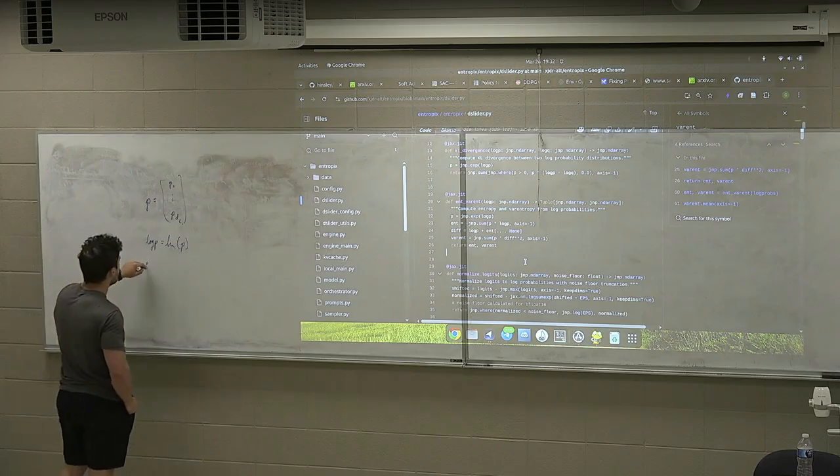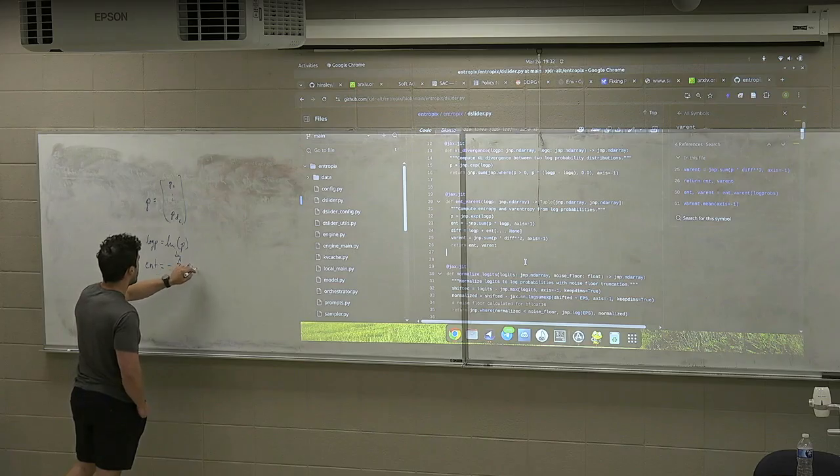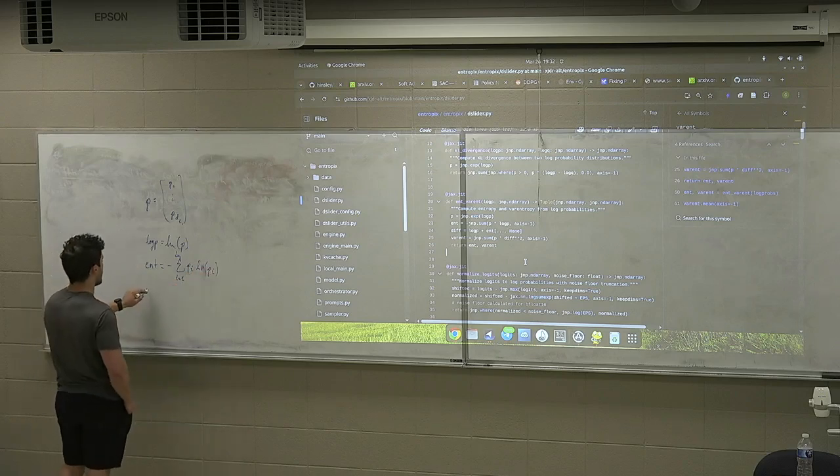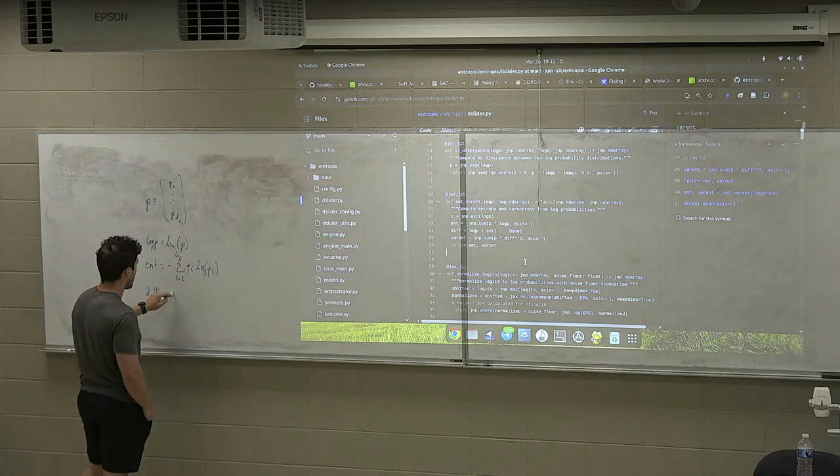Entropy is negative sum i equals 1 to dt of p i log ln p i, and bare entropy. Diff equals log p plus